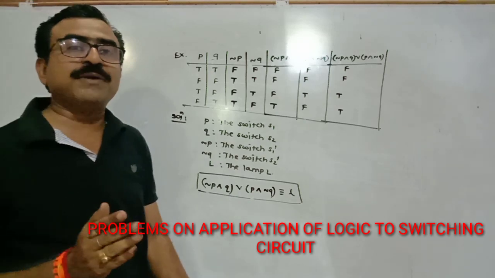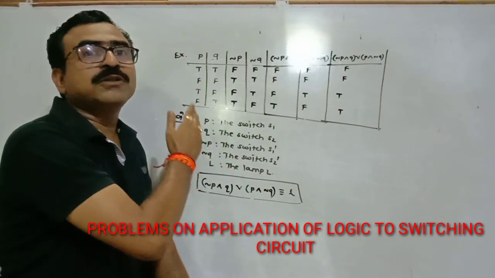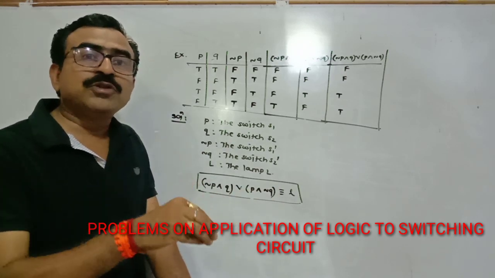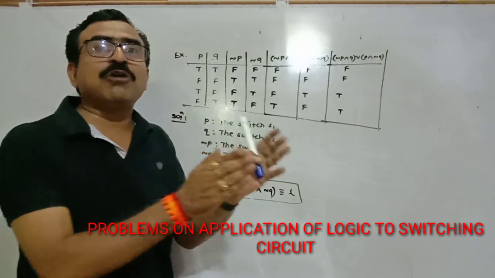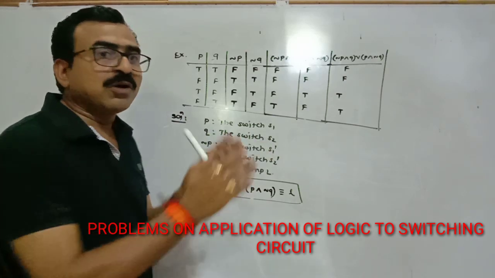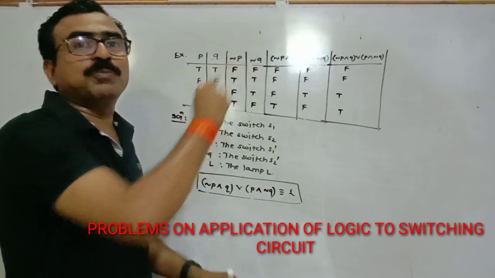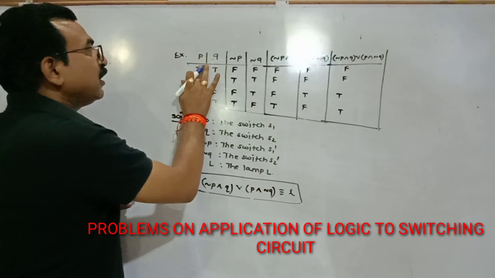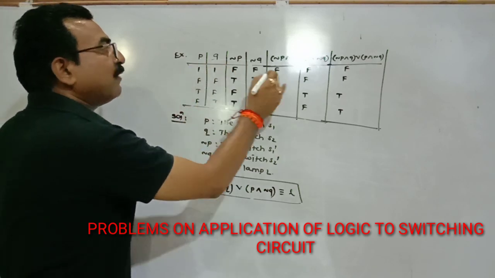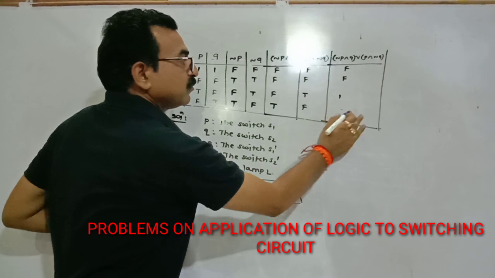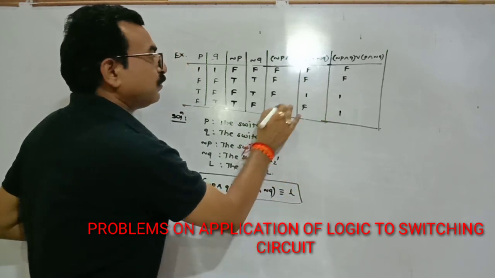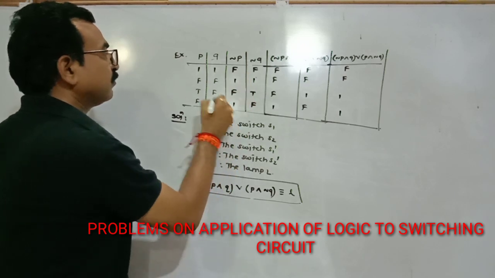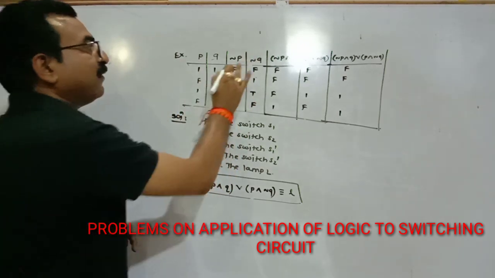So students, in this way we have calculated the truth table of the given statement pattern. But in the question, you are asked to find out the input-output table. So convert this truth table into an input-output table by replacing T by 1 and F by 0. So in place of T, write down 1. In place of T, write down 1. And in place of F, write down 0.